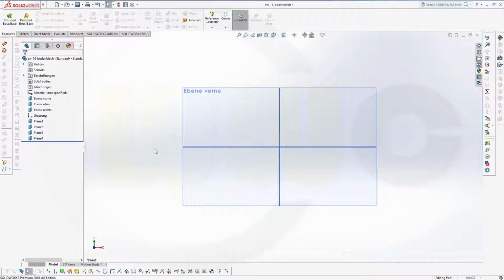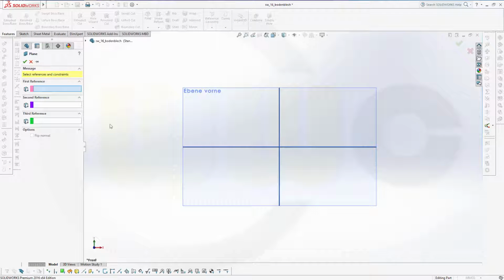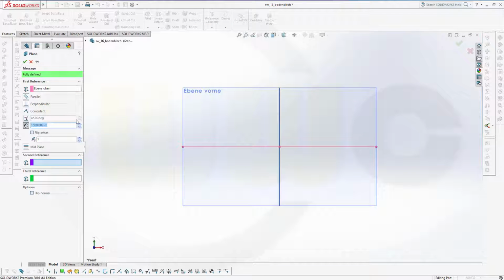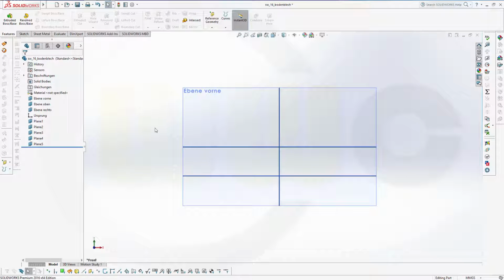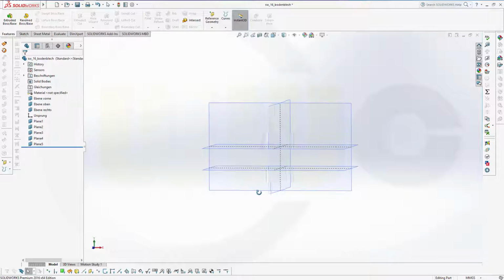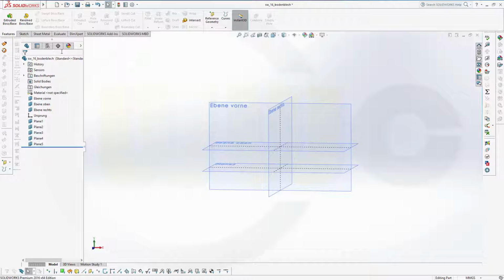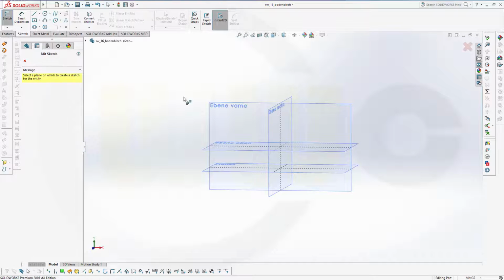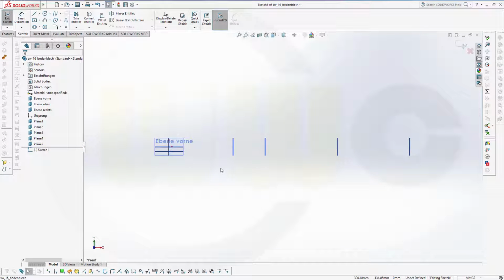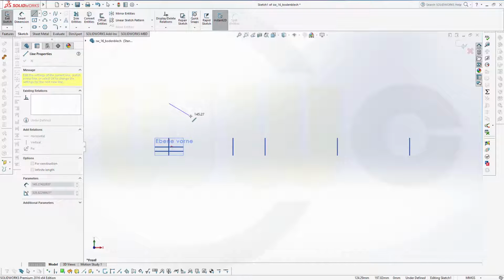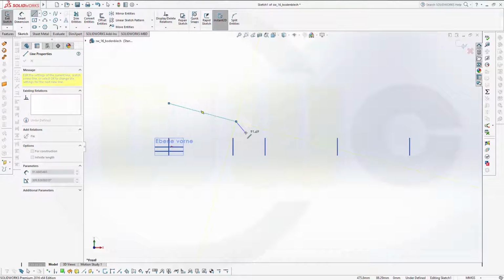Okay, and I need one down below, so I go for plane, which is a distance of 27 from this one, but flip it to the other side, and okay. So let's start with our first sketch on this plane, the front plane. I need a sketch on that plane right here. So this should be maybe like